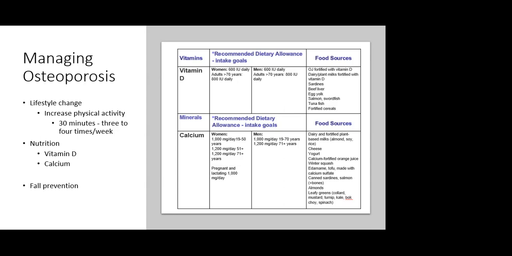Other ways to manage osteoporosis include nutrition therapy. So increasing foods that are high in calcium and vitamin D. What happens is vitamin D strengthens the bones by helping your ability to absorb calcium. So they work synergistically. And here we have an image, a chart here of vitamin D and calcium